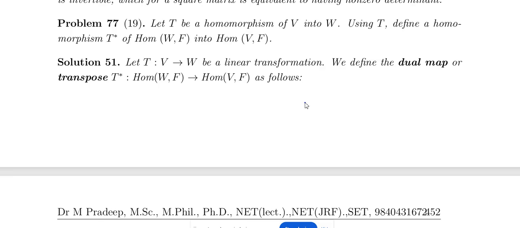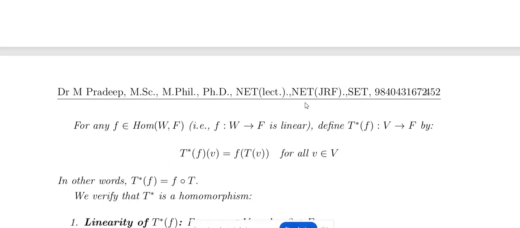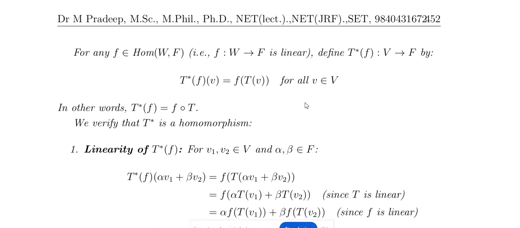and T be a homomorphism of V into W. Using T, define the homomorphism T star of Hom(W, F) into Hom(V, F). That is, T from V to W is a linear transformation, and we define the dual map, that is the transformation T star from Hom(W, F) to Hom(V, F). How to define, பார்த்தீங்கன்னா, that is